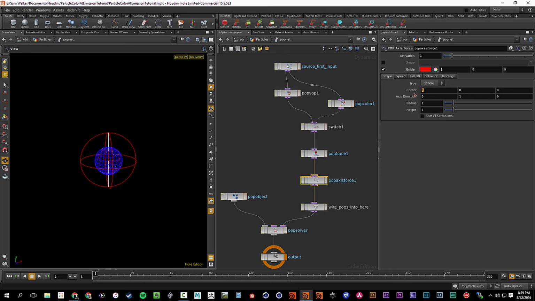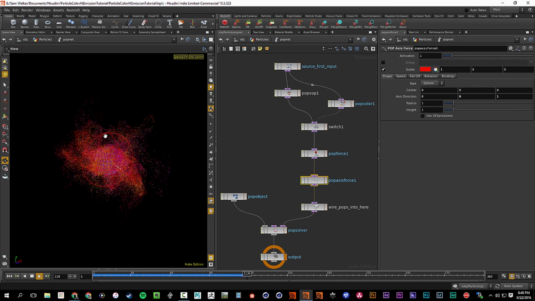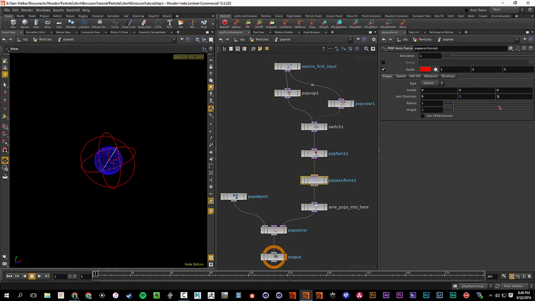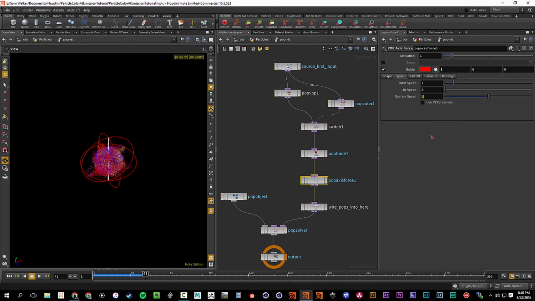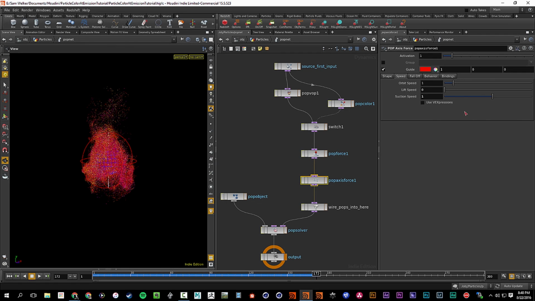And you can affect where this is based off of this, and you can set which direction it faces, or the normal of the fall off based off of the axis direction. So if you want to spin sideways, you can now have your particles spin in a different direction based off of that axis first, and now they're spinning there, which is great. I'm going to keep it on the regular axis, just y-axis 1, and we're going to set the suction speed to 1, so that way they spin but also kind of get pulled towards the center, so it's kind of like a gravitational pull. And they'll actually grow in the vertical axis as well, going up and down, which we'll keep for this,